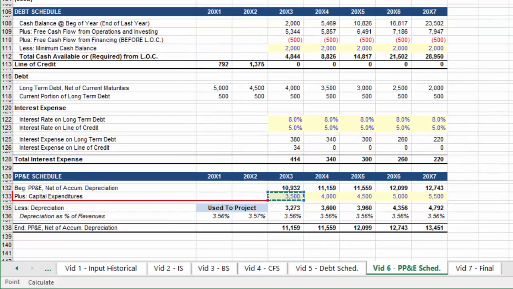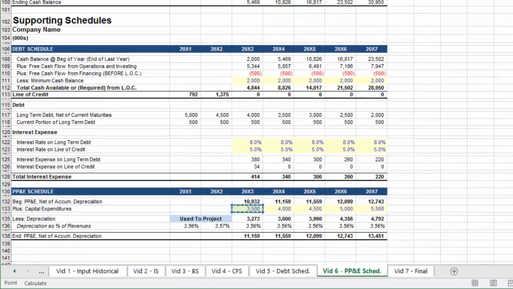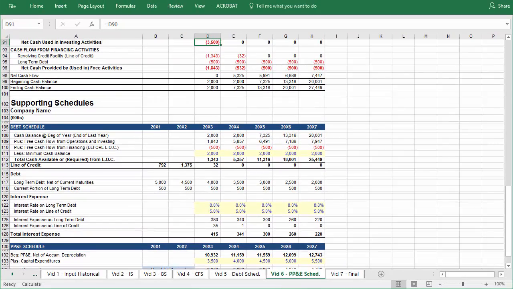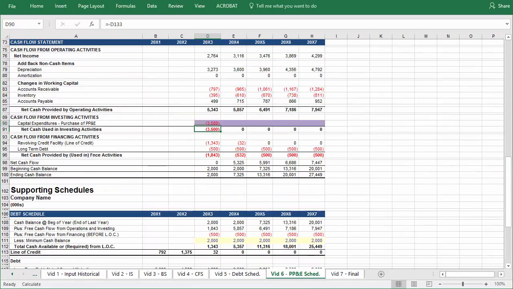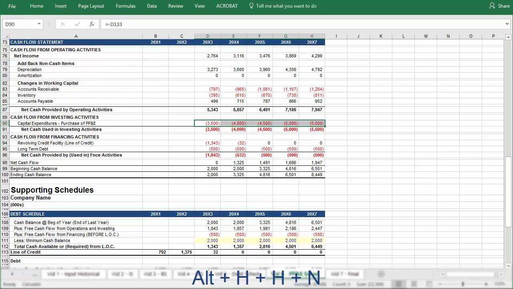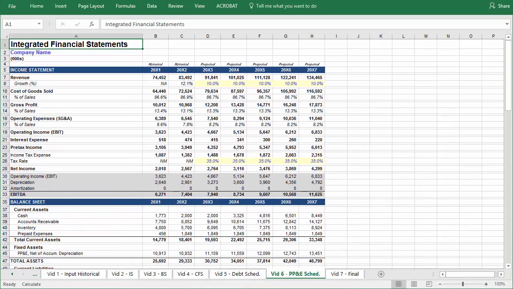So notice in our PP&E schedule, we have capital expenditures as a positive value. But when we include it on the cash flow statement, we are including it as a negative value because it is a cash outflow. And once more, use Alt-HH-N to remove the background shading. And with that final missing line item, we've completed the property, plant, and equipment schedule, which means that we've completed